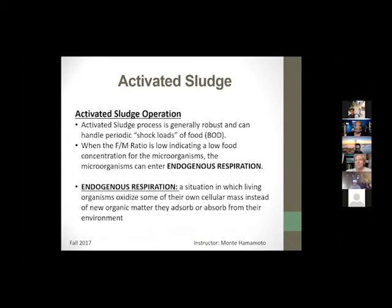Another thing we talked a little bit about: if your F to M ratio is very low and you have low food concentrations, the microorganisms can enter what they call endogenous respiration. You don't want to get into this situation. You'll see that wastewater treatment plants that have large industrial dischargers coming to them usually have a high BOD load, say a food processor. Well, the food processor cleans out their tanks once a day. You get this giant